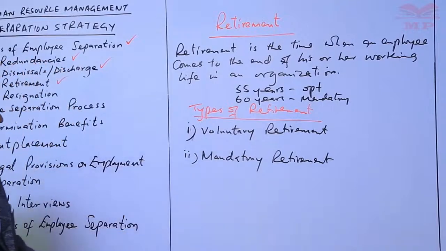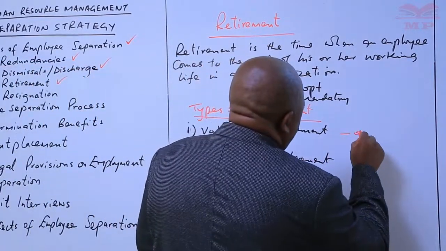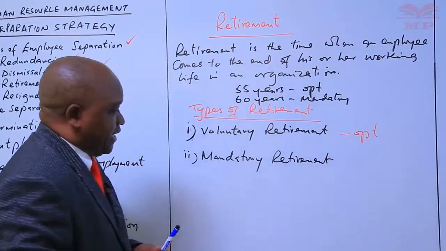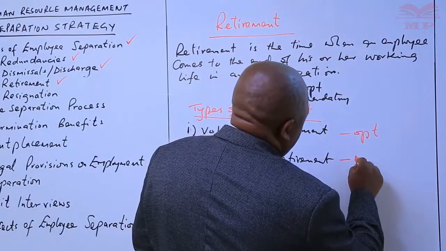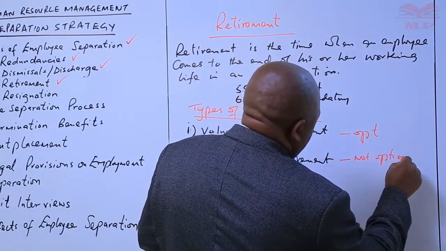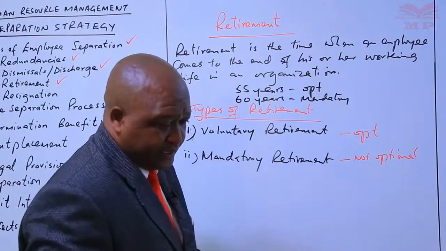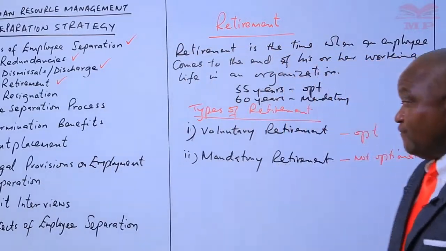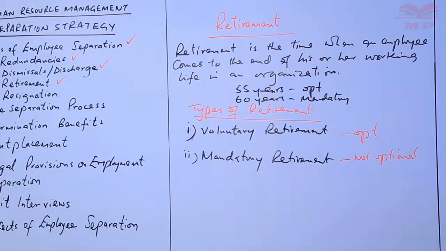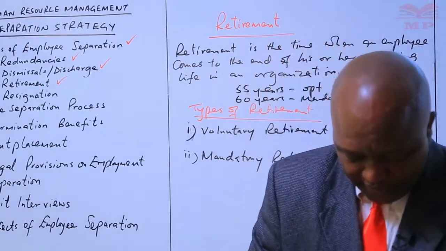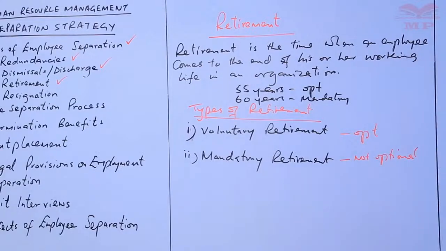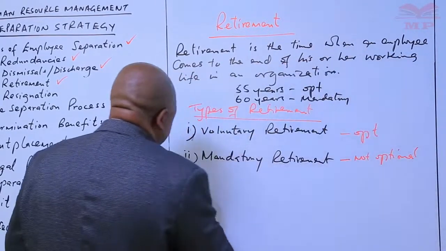Mandatory retirement. We have just given an example. An employee may opt to retire, and when it comes to mandatory retirement, this one is not optional. Once an employee reaches that particular age, that employee has to retire. So in terms of the administration of the retirement separation process, dear learner, the guidance will be based on organizational policy,